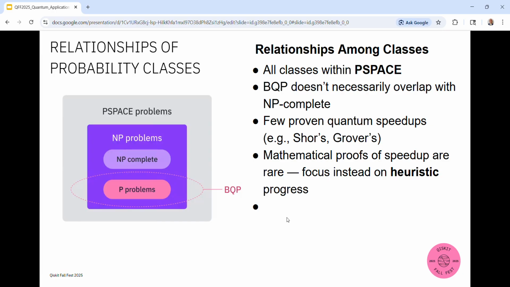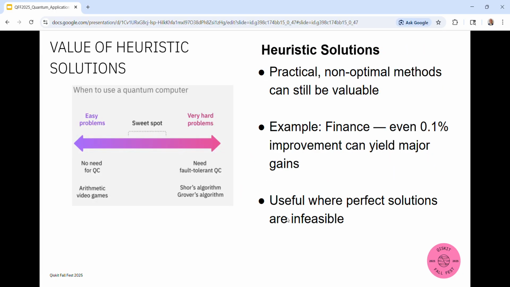Now, there's lots of demonstrated quantum speedups, and we're going to talk about some of those today. But generally, we're going to go through these heuristic solutions, okay? Instead of deterministically proving this is the actual final answer. Still, even if we're not getting optimal solutions, the best global solution, these non-optimal methods are valuable. All right, a 0.1% improvement in a $1 million or $1 billion investment portfolio is tens of thousands, hundreds of thousands of dollars over time. So we can use quantum to try to speed up our heuristic search with classical methods.